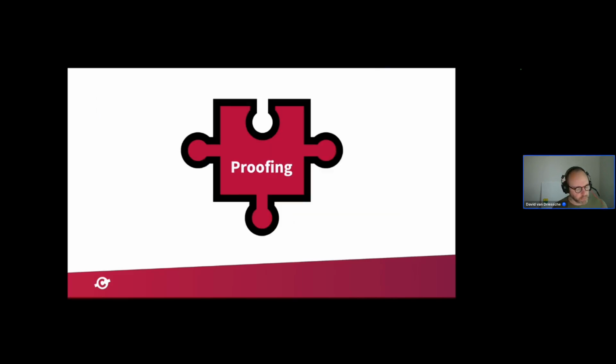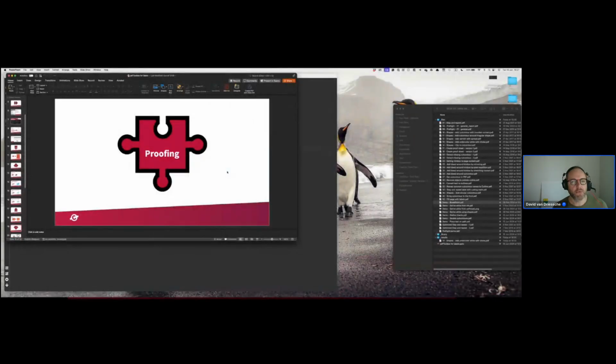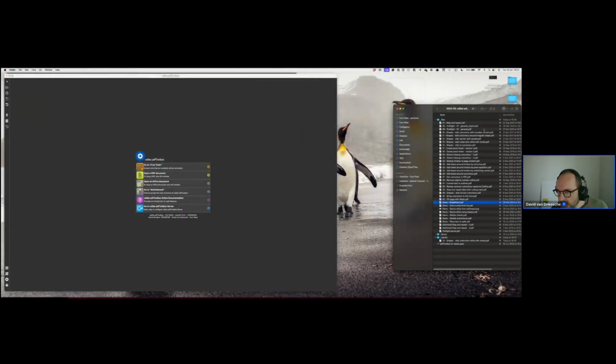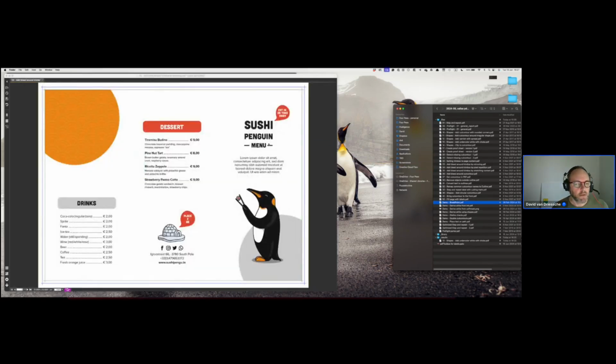And so PDF Toolbox has a number of different ways to deal with that. And of course, I have examples for that. So if I look at bleed, and not all of these are label examples, but of course the techniques work just as well with labels. So here I have something that